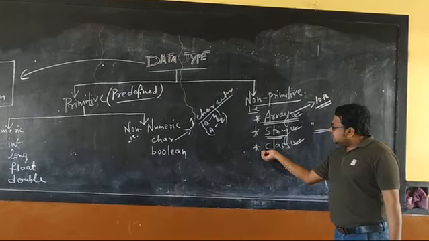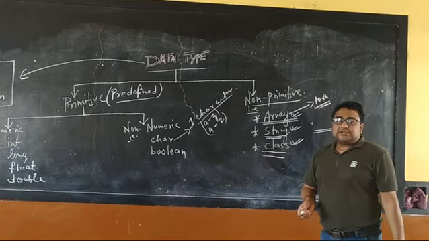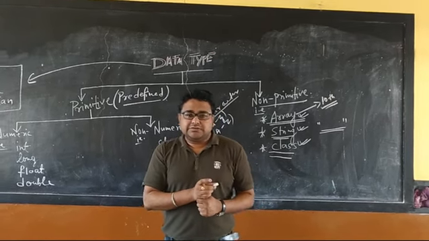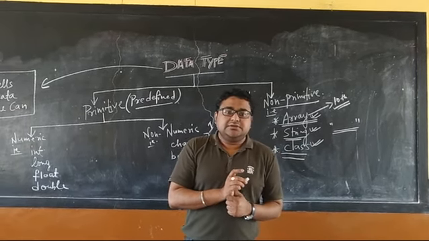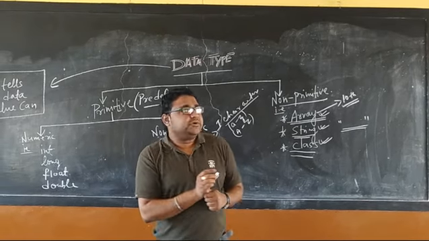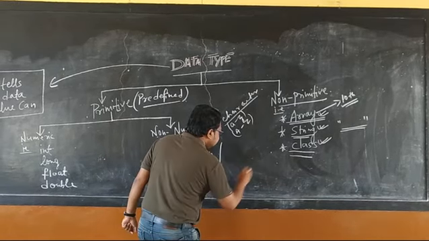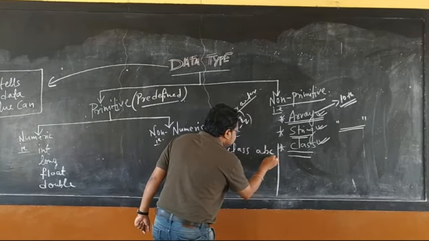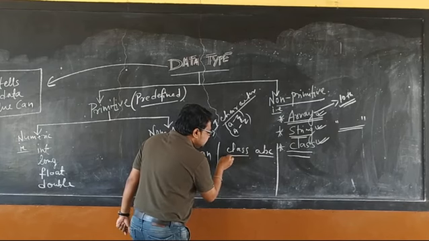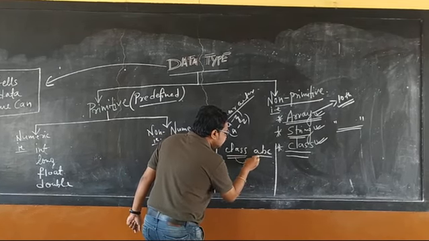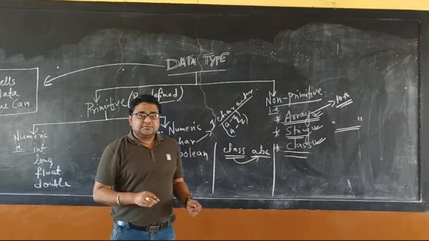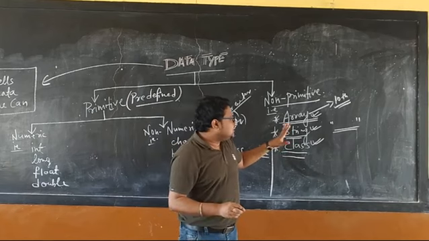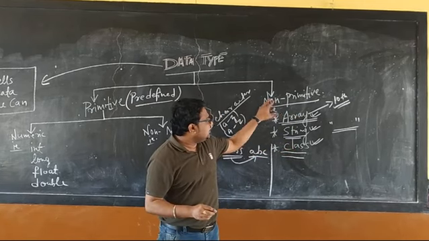The next one is class. Class you learned from class 8 only. The first line which we always use in programming is the declaration of a class. We are writing it like this: class ABC. So ABC is the class name, and class is the keyword by which ABC is created. So class is also a type of non-primitive. I discussed the examples of different non-primitive data types.